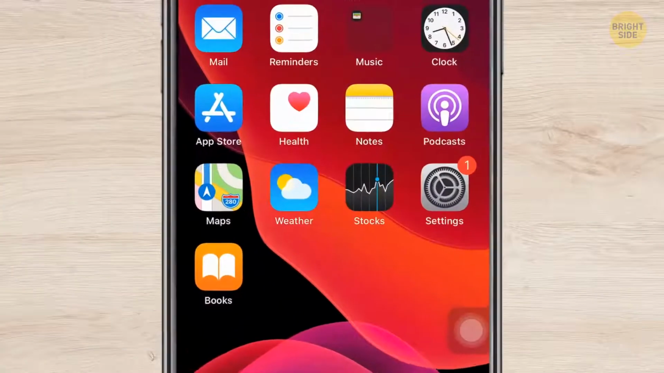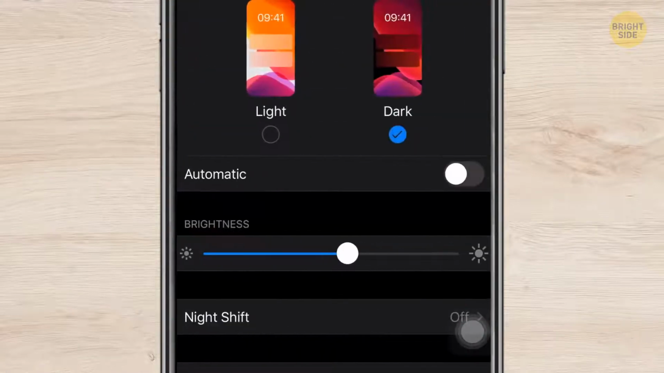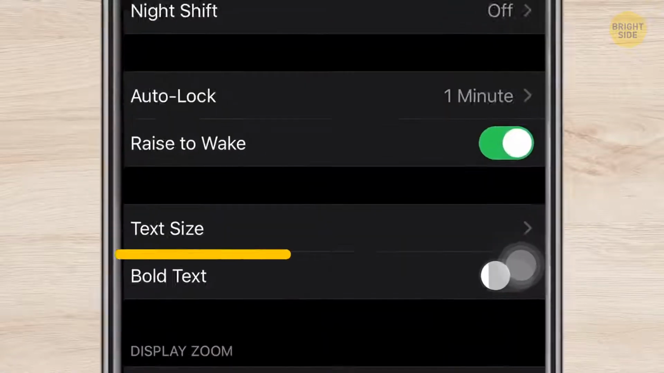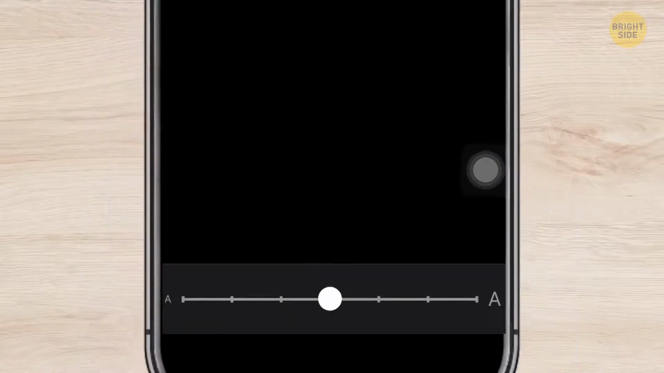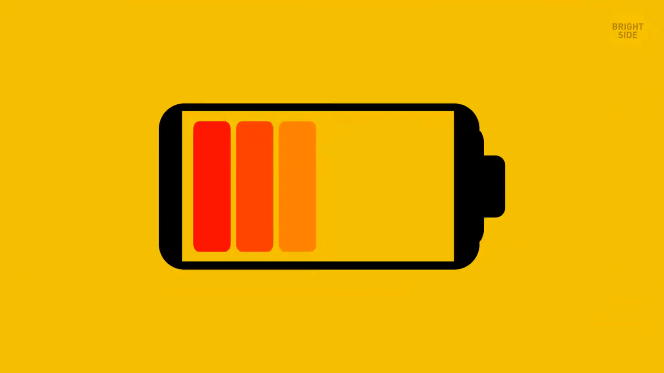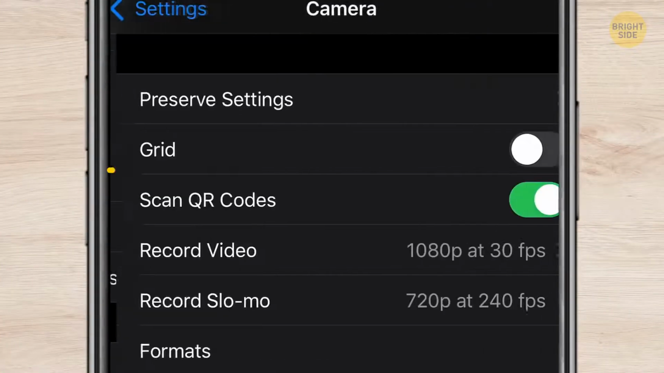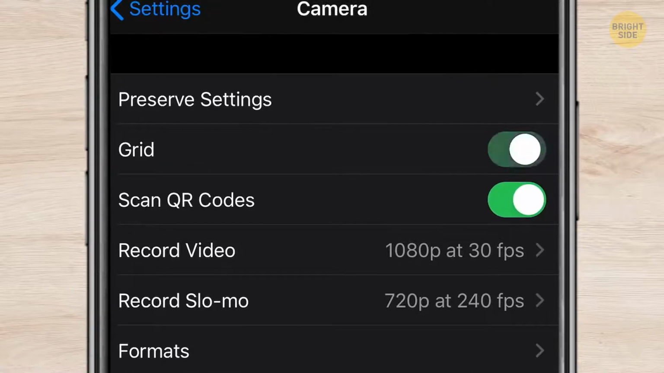The iPhone font has different sizes. To make it bigger or smaller, go to the Display and Brightness section in Settings. Tap the text size and adjust it the way you like. iPhones may not have the most durable batteries, but they beat everyone when it comes to photo quality. Turn on the grid in the camera settings, go to General, choose Camera, to enable the grid that can help